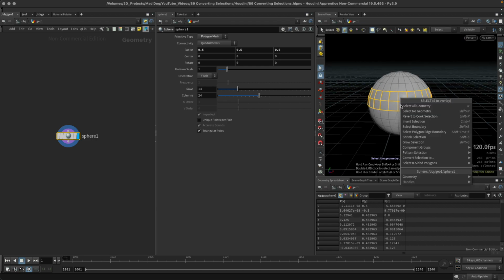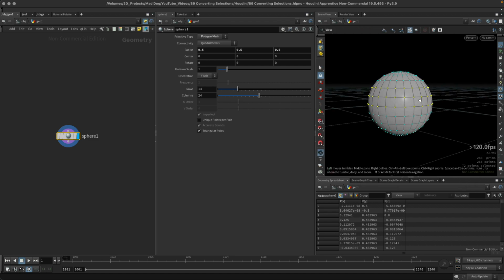If I want to convert these to points, convert selection to, and the point selection, there's also hotkeys there that you can see, which you can use to help you remember. Okay, point selection, there we go, that's it,